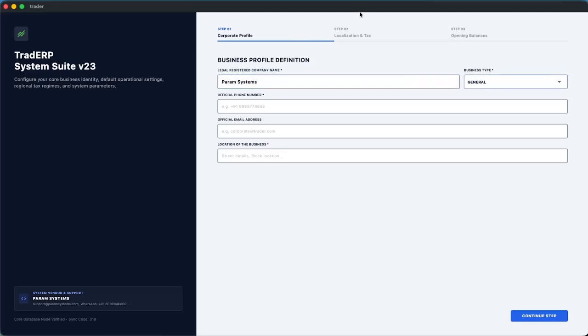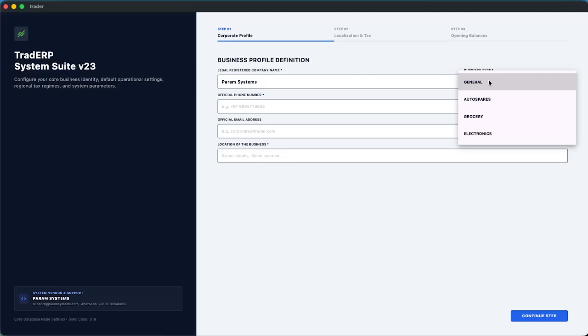And there is a business type you can select, because there are different screens available for different types of business inside. So I'll just select auto spare parts. You can select general. In future there will be different business types in this screen. I'll just select auto spare parts,